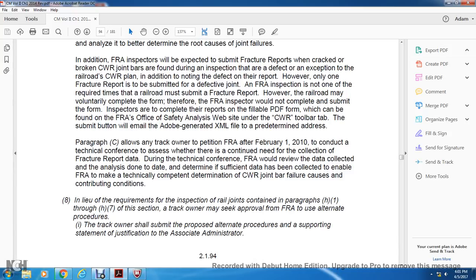Alright, paragraph C allows the track owner to petition the FRA after February 1st, 2010 to conduct a technical conference assessing whether there is a continued need for the collection of the fracture report data. During the technical conference, the FRA will review the data collected and the analysis done to determine whether sufficient data has been collected to enable the FRA to make a technically complete determination of continuous welded rail joint bar failure causes